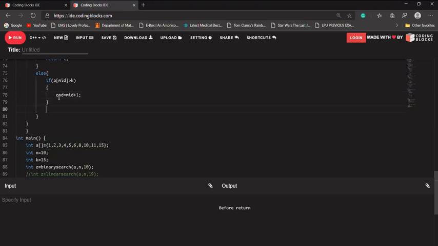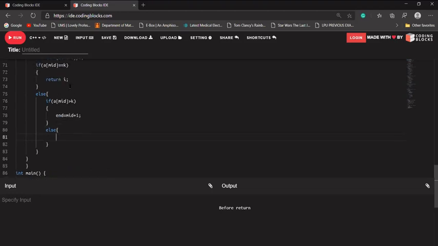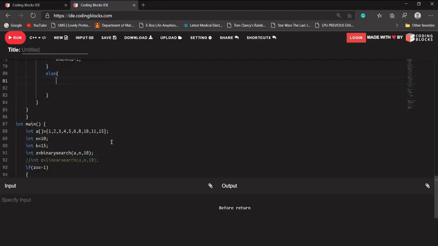If mid is not greater than k, that means mid is lesser than k, because it is not equal to k. We have checked that earlier. Suppose this time we are searching for 10.